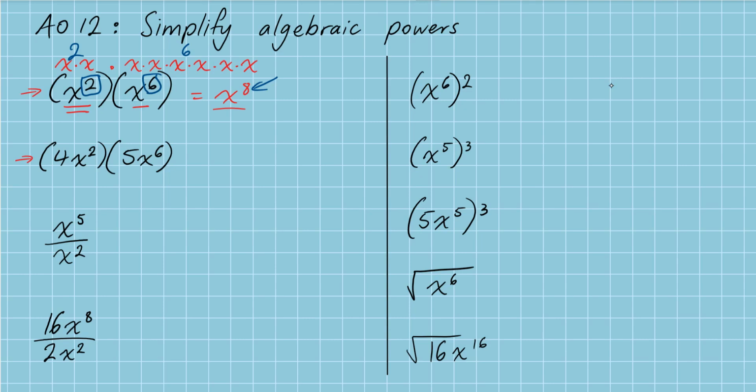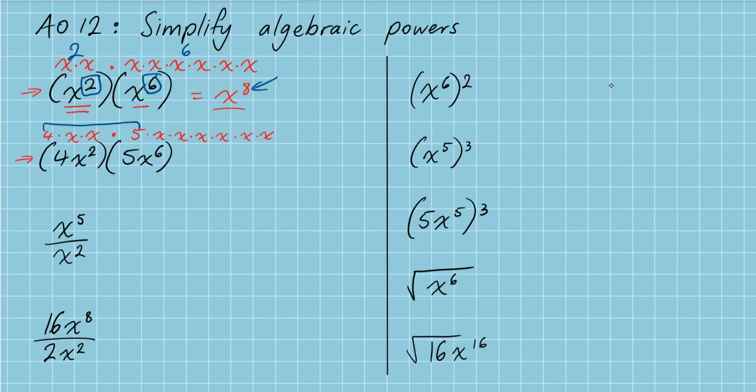So this time around we're doing 4x squared times 5x to the power of 6. So let's break this down. Over here we've now got 4, I'll put a dot there, 4 times x, and this is, why do I keep doing x to the power of 6? Making my life difficult. There we go. Same thing again, we're going to multiply these. Now, we can simplify them. We're actually going to simplify